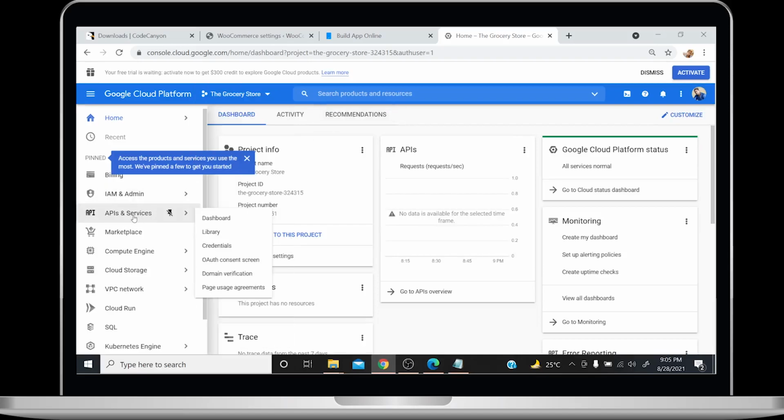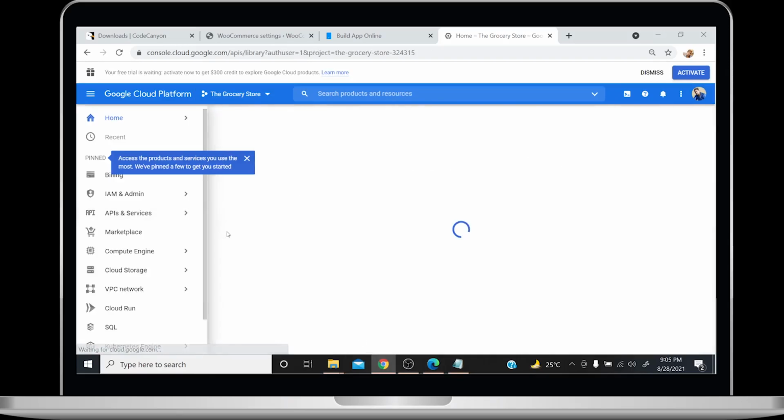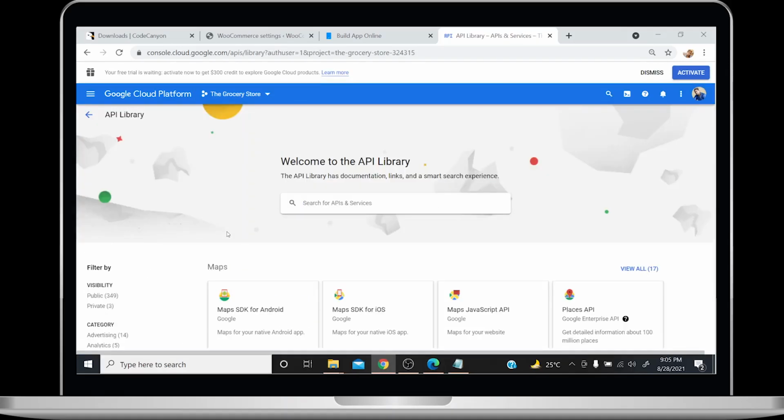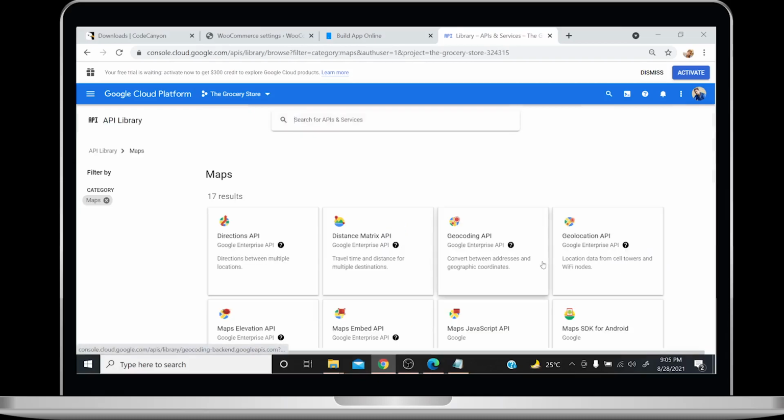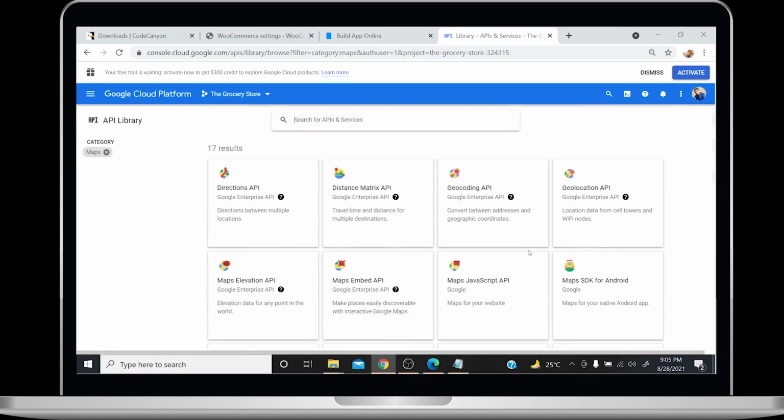After that, on the left side, go to API and Services and click on Library. Now, click View all 17. And from here, open this API on New tab. The first is Geolocation API.